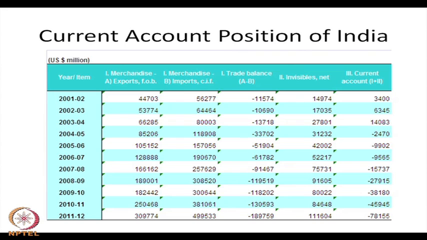Export minus import gives you the trade balance. The trade balance is negative and it has been increasing over the years. In US dollar million, something around 11,000 million, it has increased to